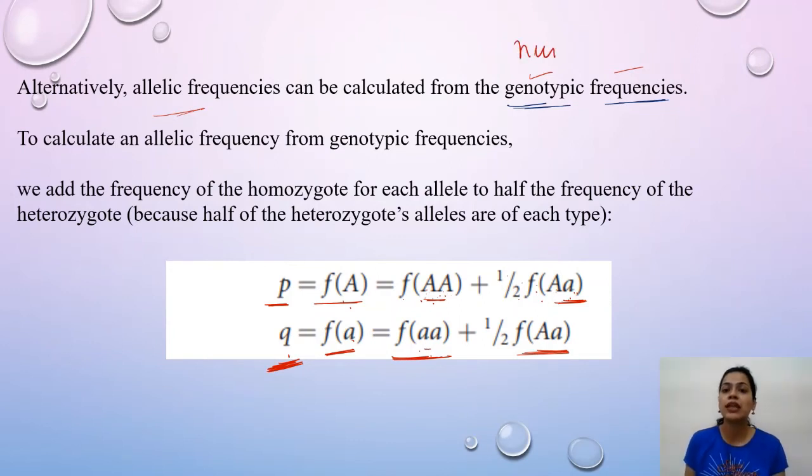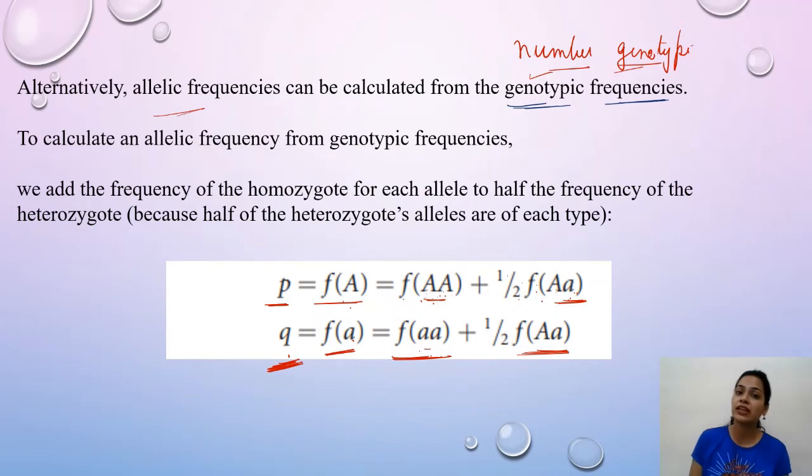When the number of genotypes is given in the question, then how can we utilize that number of genotypes and calculate the allelic frequency? In this particular slide we have seen how we can calculate the allelic frequency if the genotypic frequencies are given. Now see everyone, these formulas and these values,